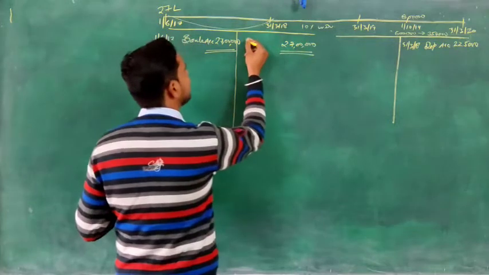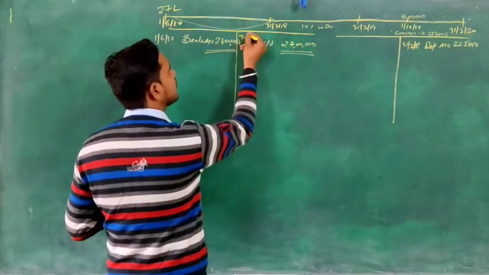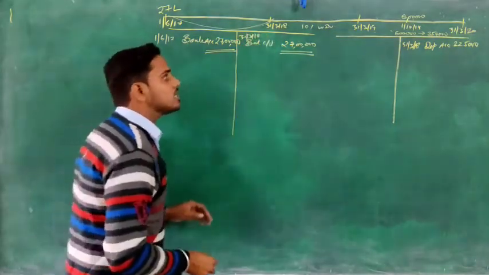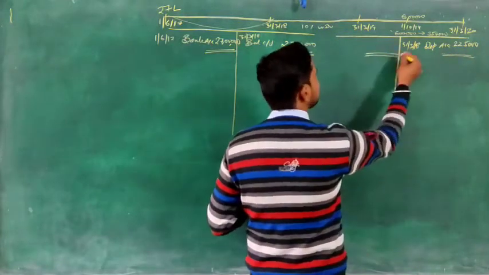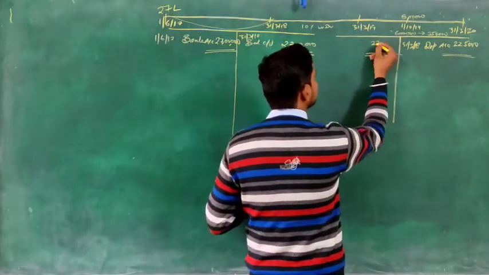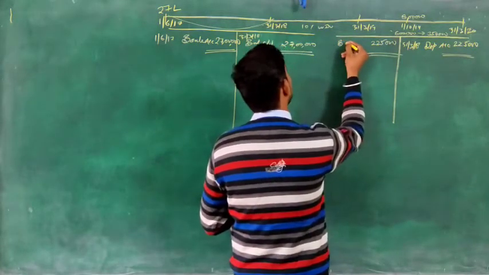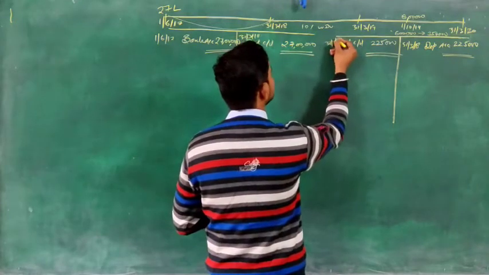So the whole 27 lakh will be our balance CD on 31st March 2018. Okay, same way we will try to find the balance here also. So total is same 225, and there is no amount to minus from the debit side. So the total amount will be our balance CD on the same day, 31st March 18.